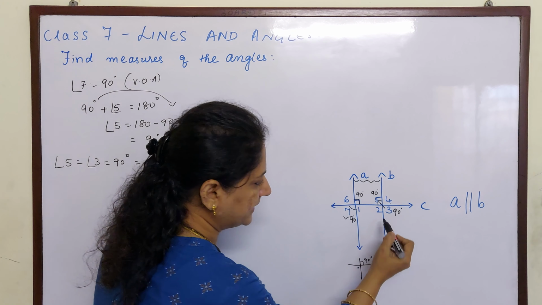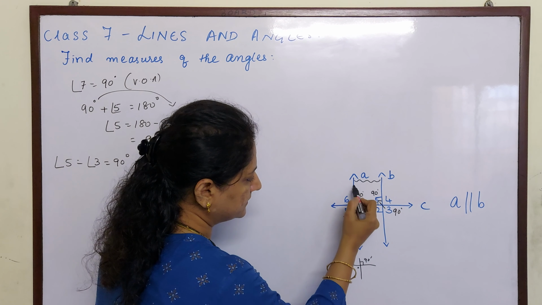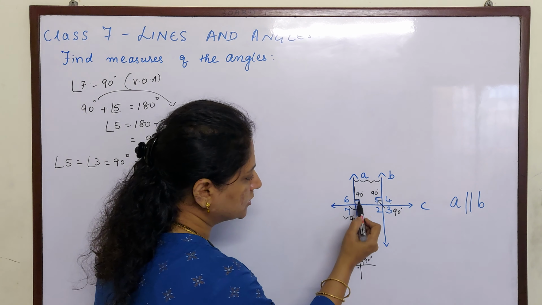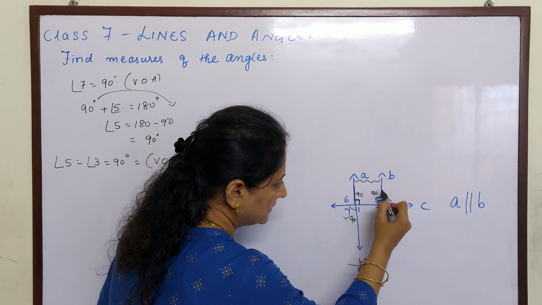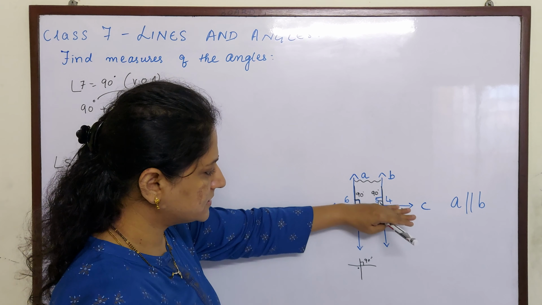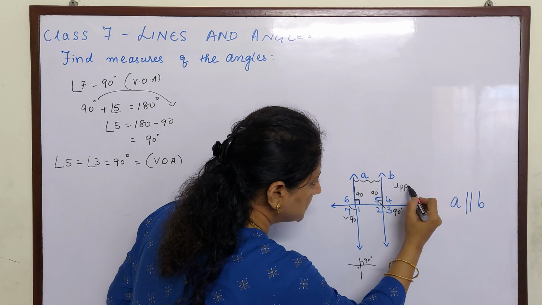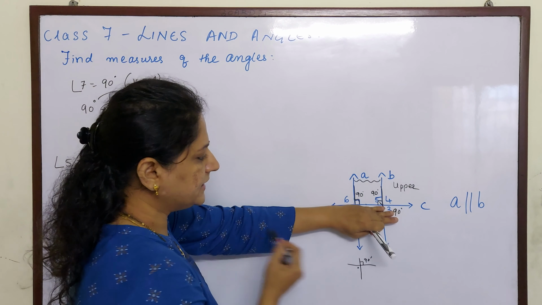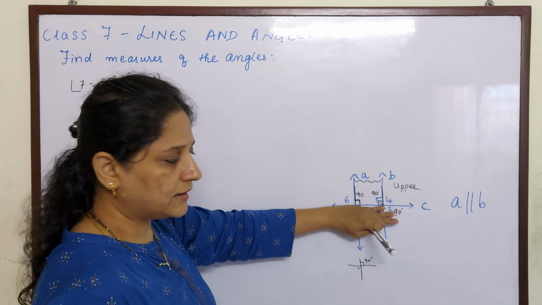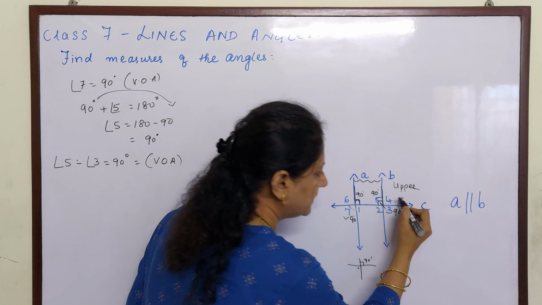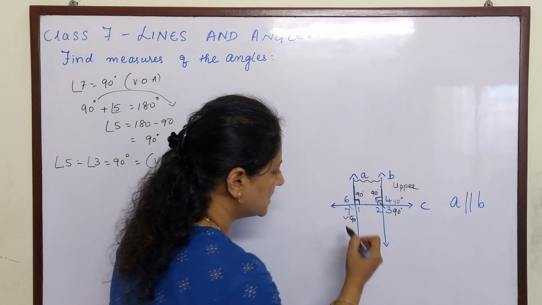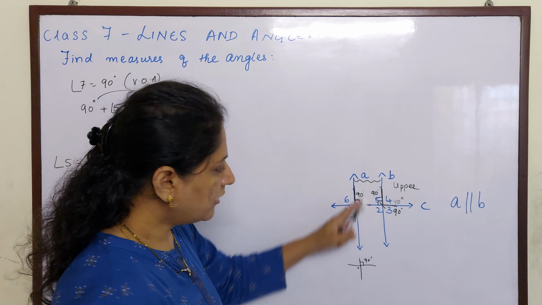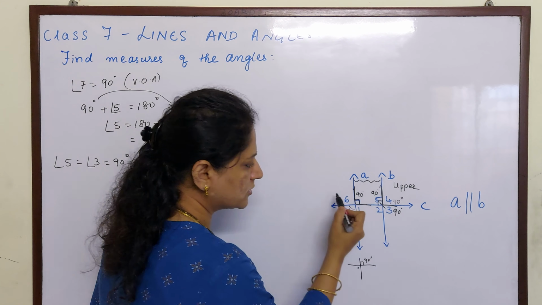So if this is 90, right? Now see the pattern. This is a line and it is lying below this. So that is 90. So same pattern. This is a line on the upper side. Okay, this is all upper side. So we are going to see only the upper side. So if below the line this is 90, what will be below the line here? Angle 4 also will be 90, because they are corresponding angles. They are making the same L shape pattern. Right? Now if same 90, 5 is also equal to 6.